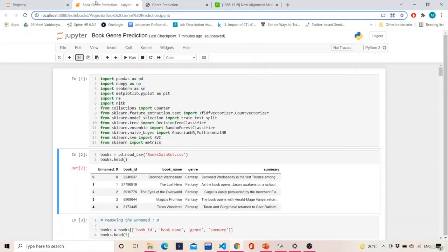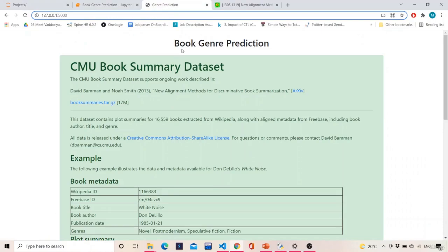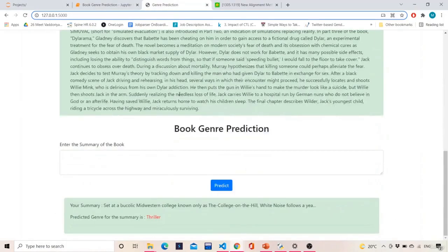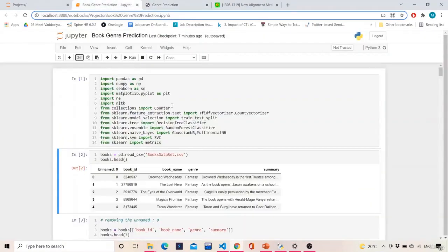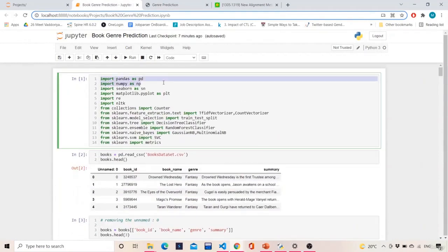So in the last video we covered the introduction of the book genre prediction or book genre classification project. We saw how it predicts thriller and so on. Now we will look at the building phase of this project. These are all the dependencies which will be required. First we'll require pandas for data frames, then NumPy for numerical computation, Seaborn and Matplotlib for plots, and re and NLTK. Regular expressions will be required for processing the text. NLTK is the Natural Language Toolkit, which is a mandatory library for